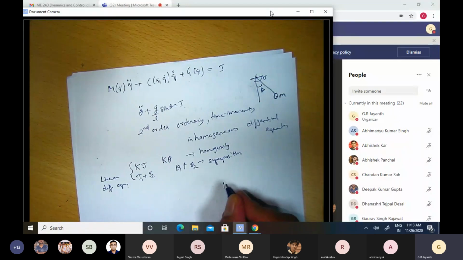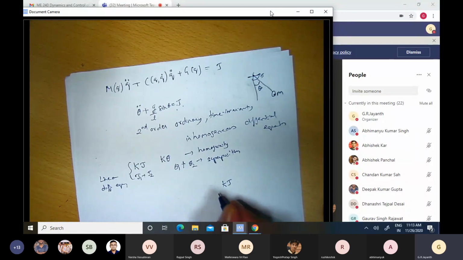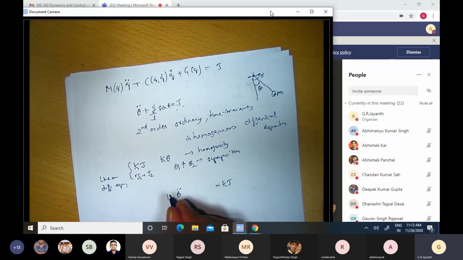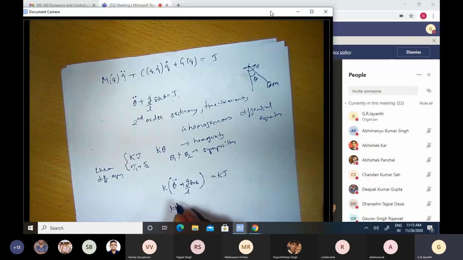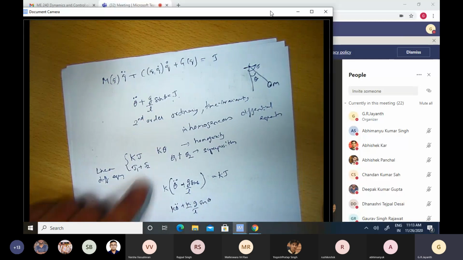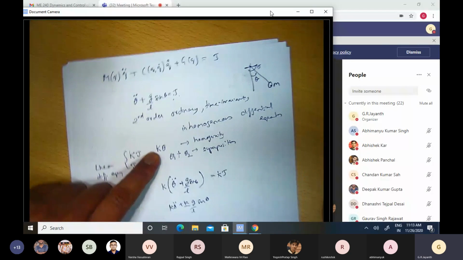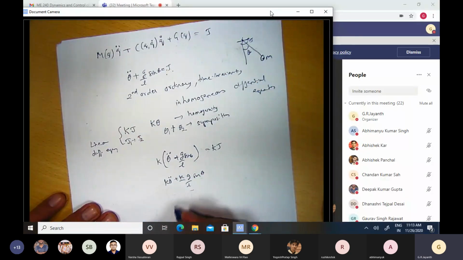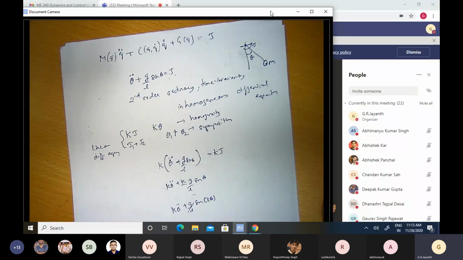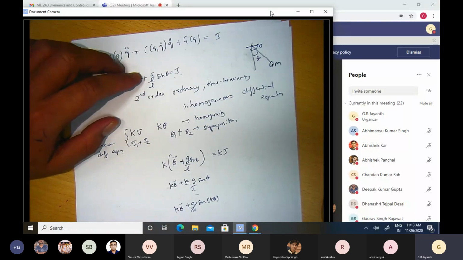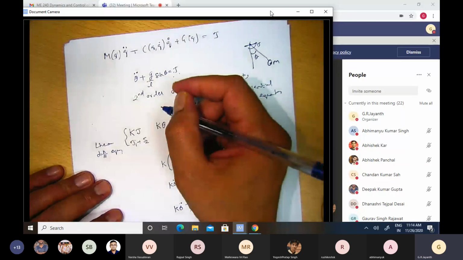Because if I provide k times tau, then on the right hand side I'll have k times theta 1 double dot plus g by L sine theta. Okay, and that is k times theta 1 double dot plus k times g by L sine theta. So the response will not be k times theta. If the response was actually k times theta, then on the left hand side I should have had k times theta double dot plus g by L sine of k theta. Sine of k theta is not equal to k times sine of theta, right? So the equation is therefore, in addition to being all of these, also a non-linear differential equation.